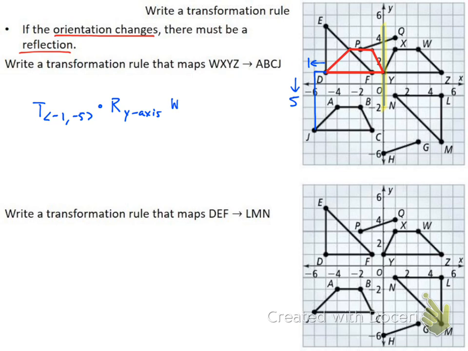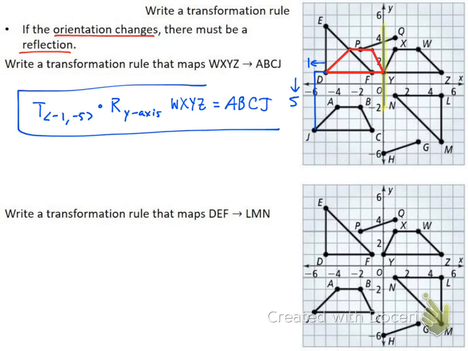My pre-image WXYZ is equal to my image, ABCJ. This is the way that I would write my transformation rule. Again, this has to be the thing that is written, done first. This has to be the thing that's done second. So I reflect it over the y-axis first, then slide it 1 to the left and down 5. Translation of -1, -5. The next one that I want to do is I want to get this triangle, DEF,